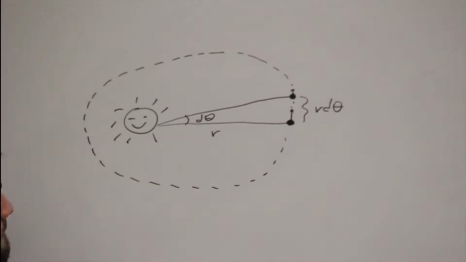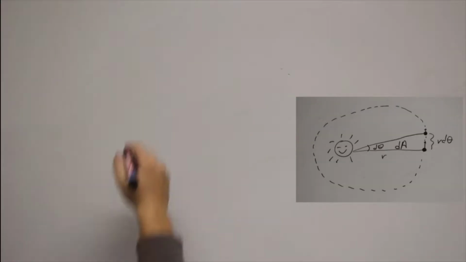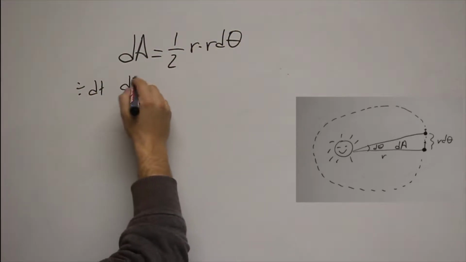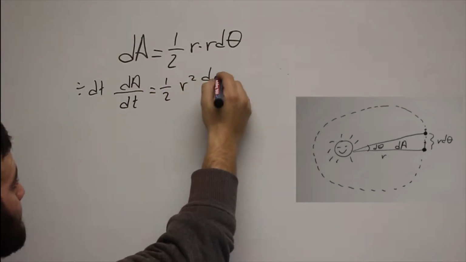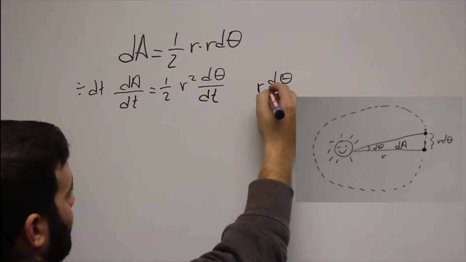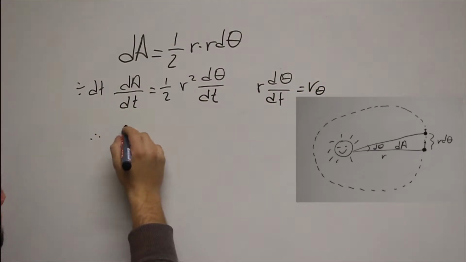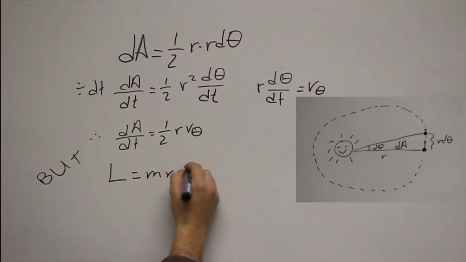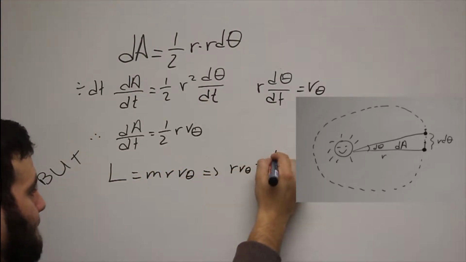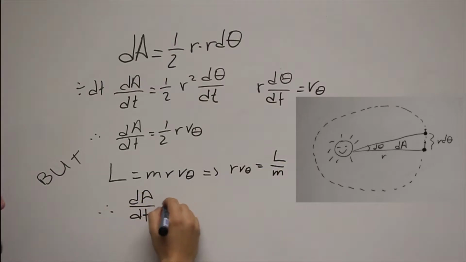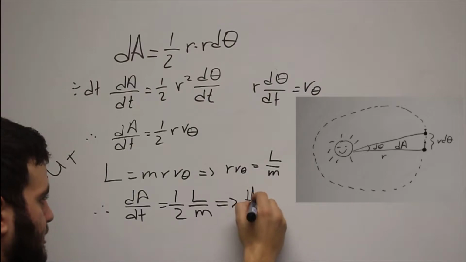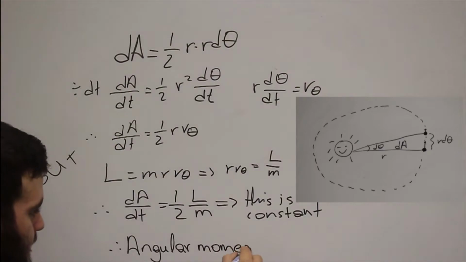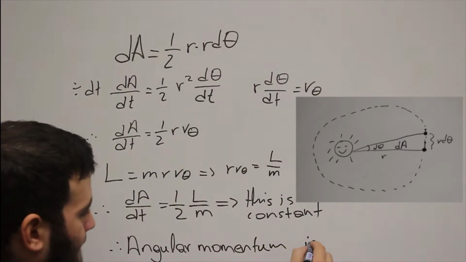We can show this by drawing a small section of an orbit. In a small time dt, the planet sweeps out the triangle shape of area dA, which is equal to a half times r squared d theta. If we divide both sides by a small change in time that it takes to sweep the area, we get the constant rate, which is equal to half r multiplied by the angular velocity. If angular momentum L is equal to mass times r times angular velocity, we can put this into our constant rate equation to find that angular momentum is conserved, as the constant rate is equal to half the angular momentum